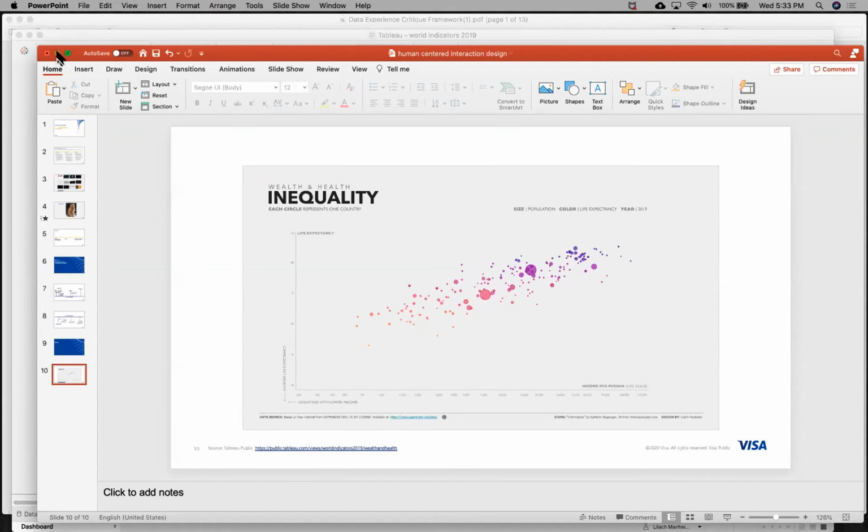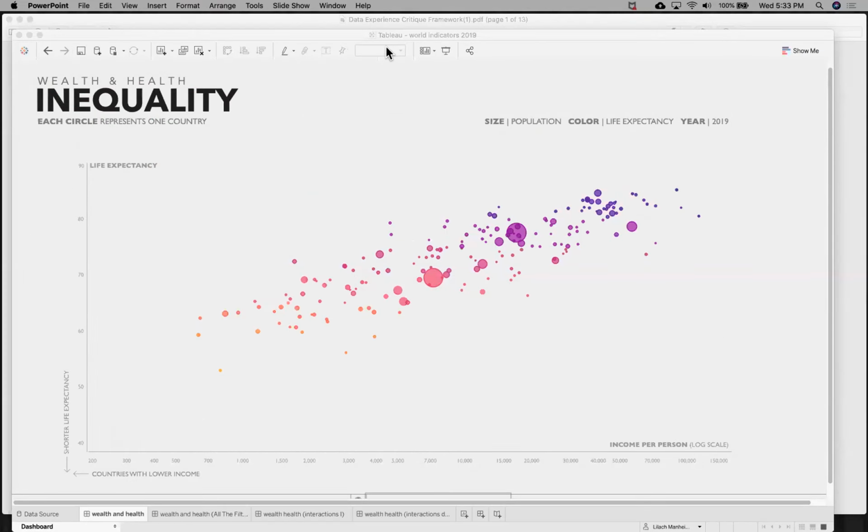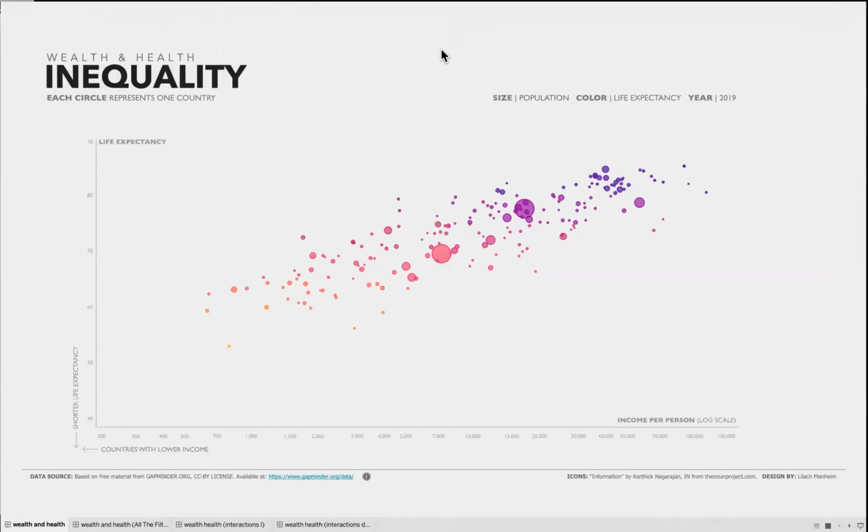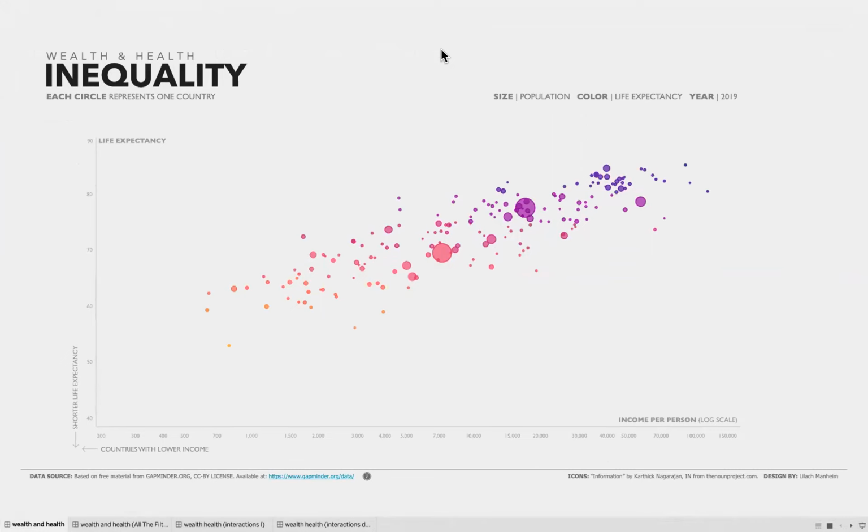So, go over to our dashboard here. This dashboard is available on my portfolio on my profile on Tableau Public. This first dashboard, first iteration, is a pretty good dashboard to start with, but it's basically a static dashboard, no interactions.